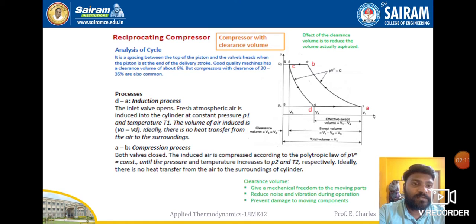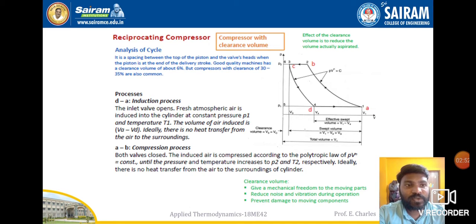All right, so that is V1 minus V4, because V1 is the volume at the first state, and V4 at the fourth state. So V1 minus V4 will give you the effective swept volume. Then the total swept volume includes the delivery. Even after the compression, the delivery valve will open, and the piston will further move towards the delivery valve so that the compressed air will move out. If you add that particular volume also, then we get the total swept volume.